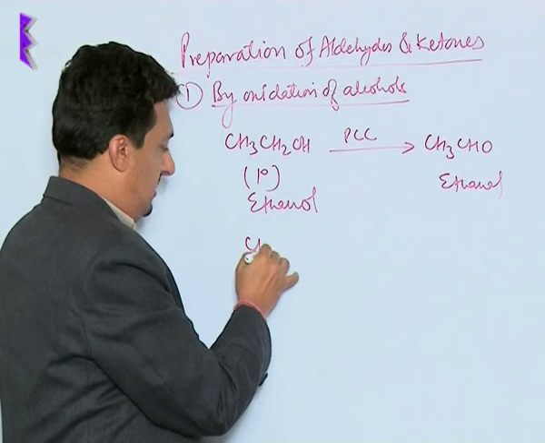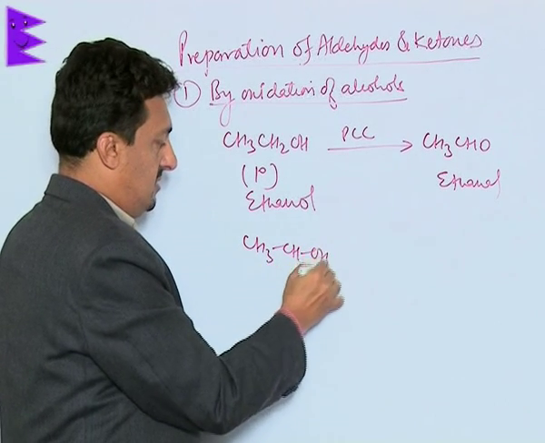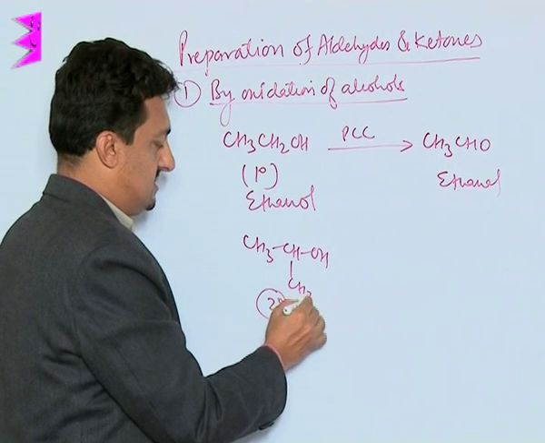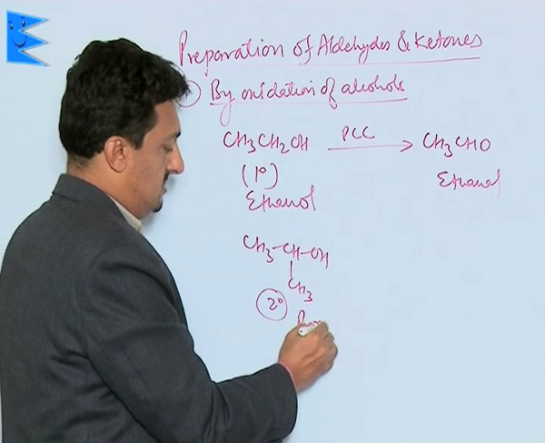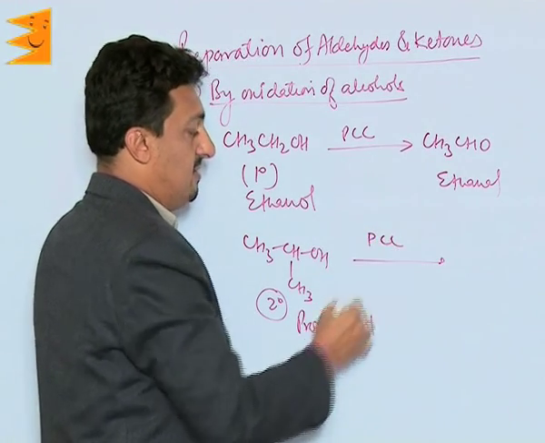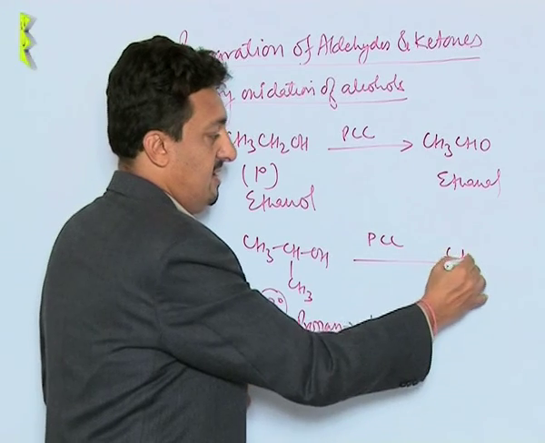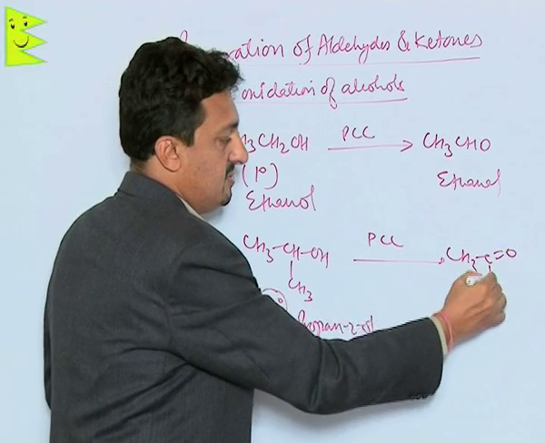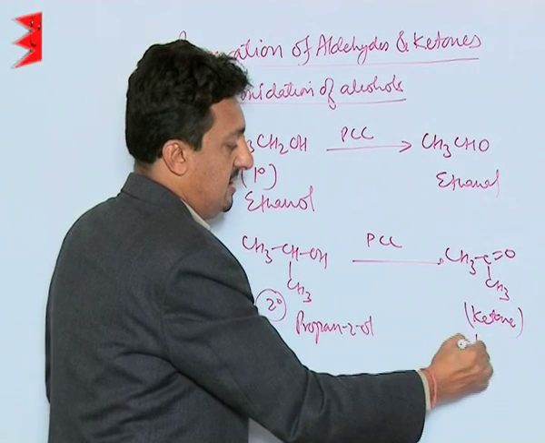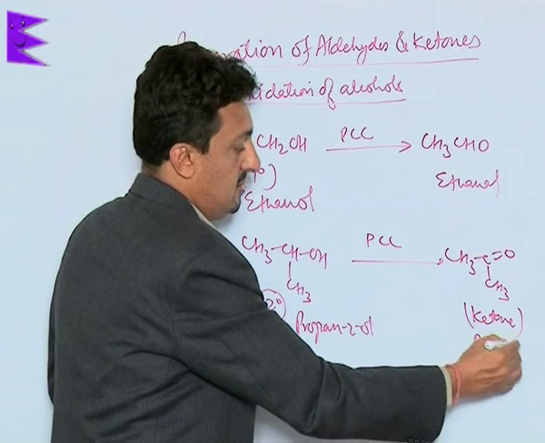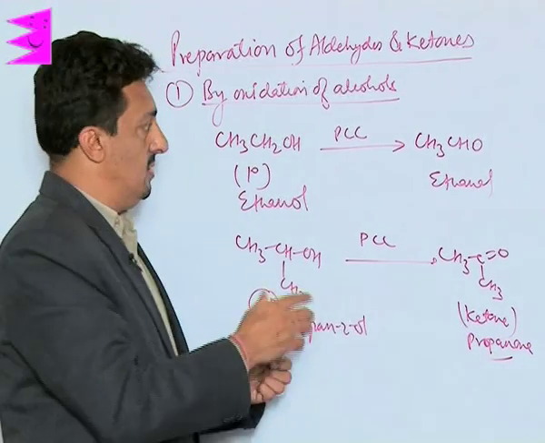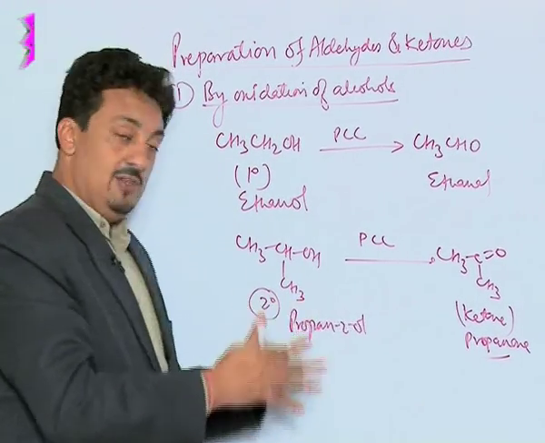And if we have a secondary alcohol like this, which is propan-2-ol, again with the use of PCC, it is oxidized to the corresponding ketone here called propanone. So this is how we can use this, and we know that we have done, if we have a